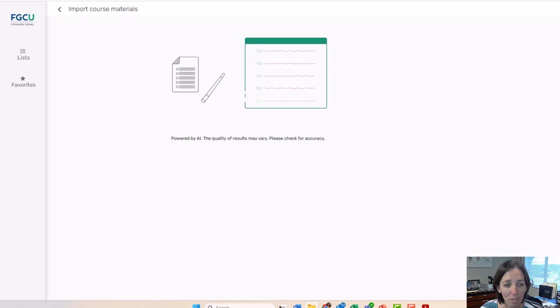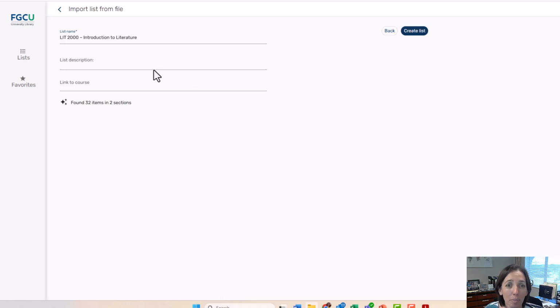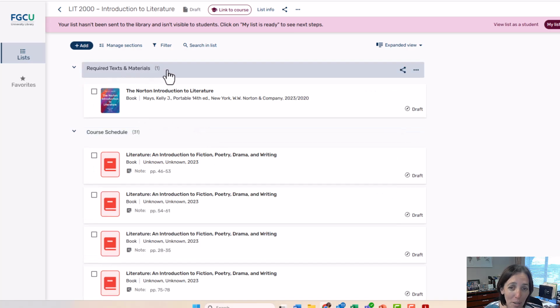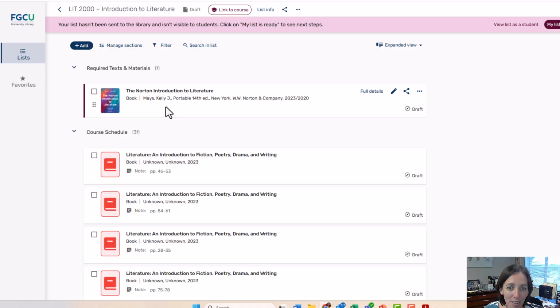The AI doesn't always work that well. Let me just show you some other examples of lists that I made based on syllabus documents that I just dropped in here. Here's an FGCU course syllabus that I pulled, just dropped it in here. It found the required textbooks. This one is one that we have online through the library. And we have the APA manual in print that students could use, and it goes through